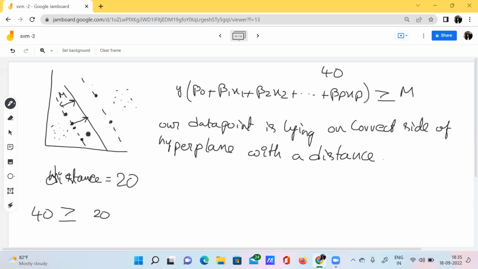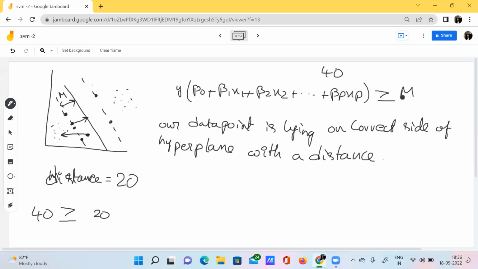For example, our data point has crossed this margin. My new data point has been placed here. Then can I say that this data point belongs to this particular class? No, I can't say. Why? Because here we have the margin, so the data point should be placed outside of the margin. That's why we have placed the greater than or equal to symbol.